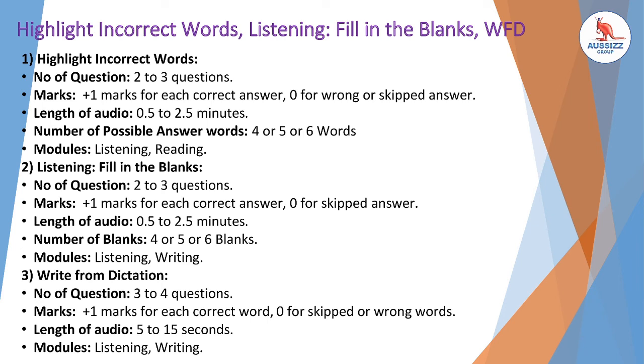So there would be one audio format, and below that you will be provided one particular passage. From that passage you have to select any of the words which is not matching in the audio. Like the word is growing in the passage, but the word is growth in the audio. So definitely you will have to select that particular word. Why? Because it is not matching with the audio provided. Listening fill in the blanks, passage would be given, blanks would be given in the passage itself. Listen to the audio and just jot down the words in the particular option of the blank. Write from dictation is also clear. Listen to the audio, in the box provided write that particular sentence.